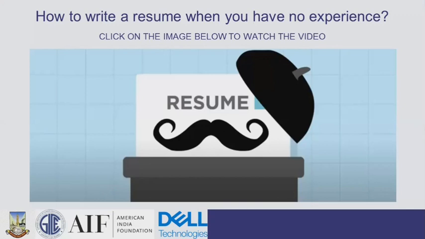So now when we come to resume, resume is a very vital part wherever you go for your interview. So making resumes and CV, knowing how to present them is very important. How do you put yourself in the best possible way? Your resume may sound very amazing on paper, but in the interview, if you're not able to speak about yourself, then what's the use, right? So I will be playing a short video which will show you how to write a resume.